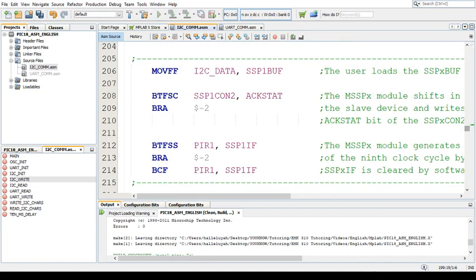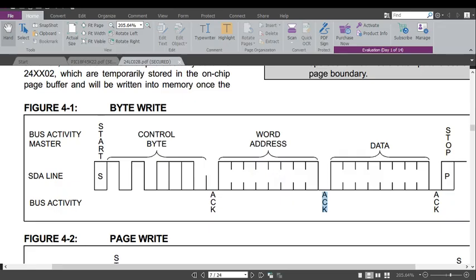Okay, next up is the data. To write the data. The data is next. So after that acknowledge, now we write the data to the address, to the actual address that we want, and that's what the next 8 bits is. Okay, and to do that, in essence,